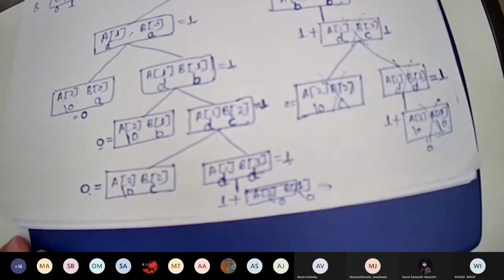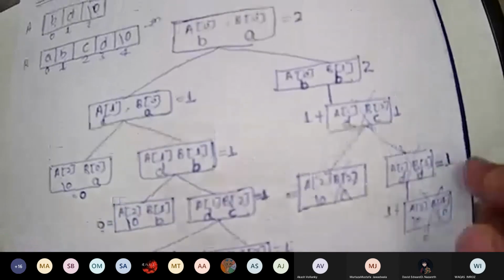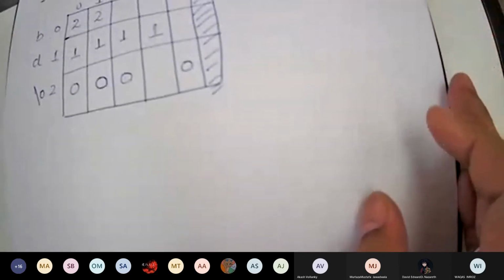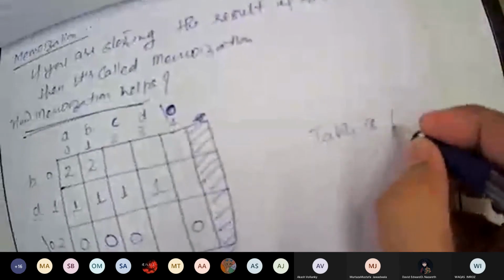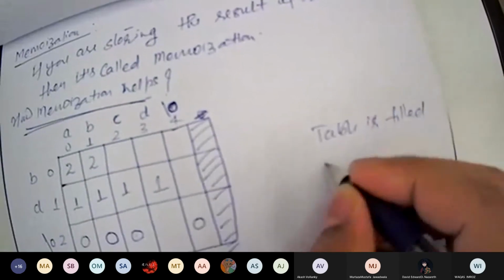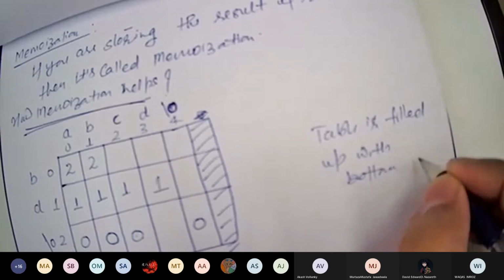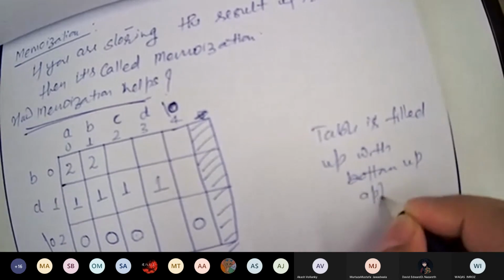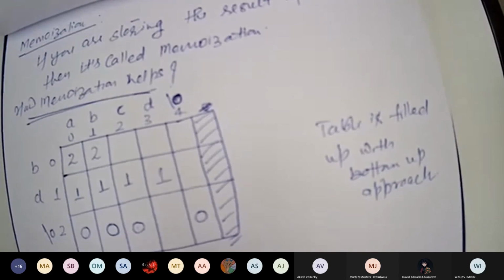So this is called memoization. This is the benefit of memoization, which helps to reduce the number of function calls. So this table is filled up with the bottom-up approach.